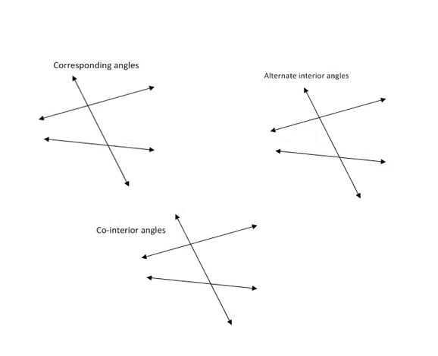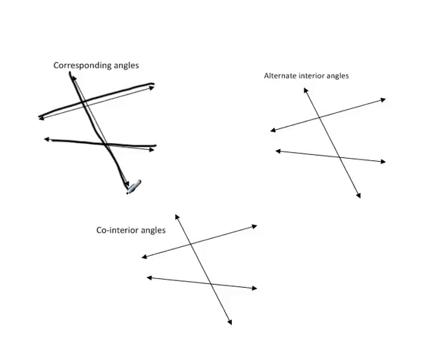So let's get started. First, I want to talk about different types of angles. These angles, corresponding angles, alternate interior angles, and co-interior angles can be formed anytime you have two lines that are intersected by a transversal. So here we have these two lines, and they're intersected by this transversal. The two lines do not need to be parallel. When we know the lines are parallel, there's other things that we'll know because we'll know certain angles are equal in measure. But even if the lines are not parallel, we know we still have corresponding angles, alternate interior angles,